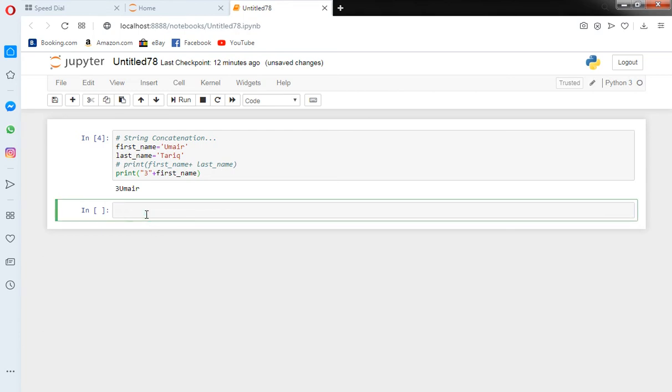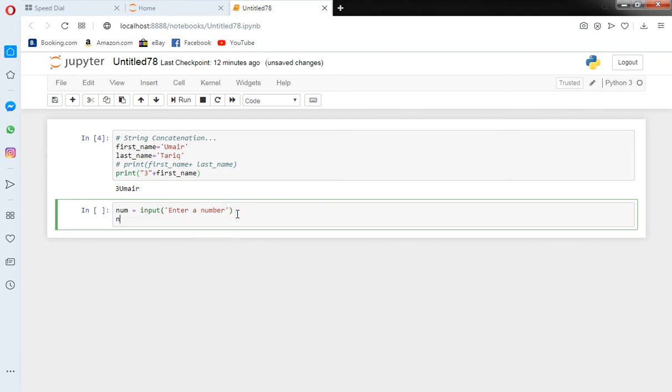Now let's talk about the input function. What is the input function? Here num is equal to the input function, enter a number. Then num1 is equal to 5 plus, wait a second, print num.